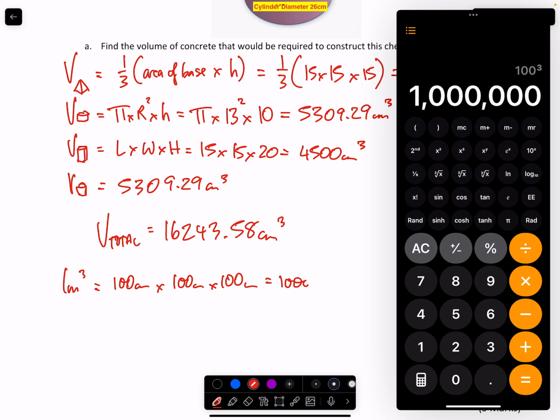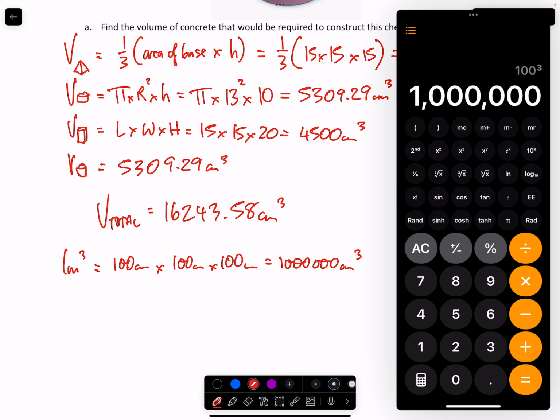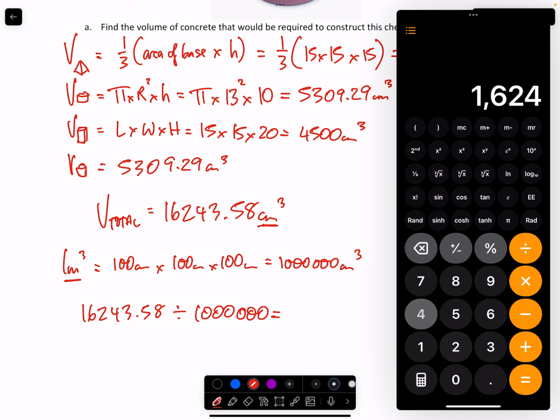That's 1,000,000 cubic centimeters. So the conversion rate is 1,000,000. If I'm going from small, which is cubic centimeters, to large, cubic meters, I need to divide by 1,000,000. So 16243.58 divided by 1,000,000 equals